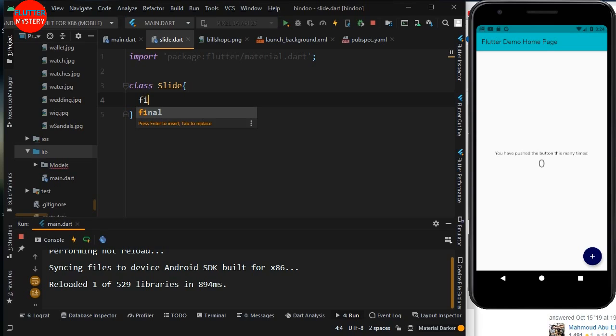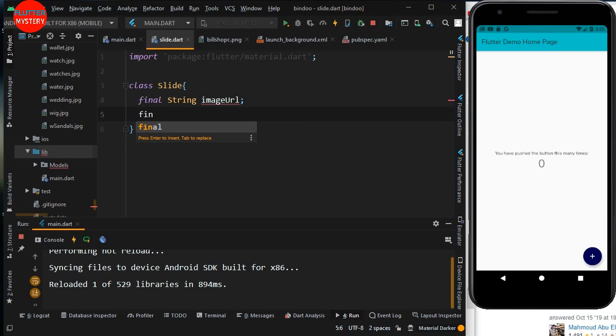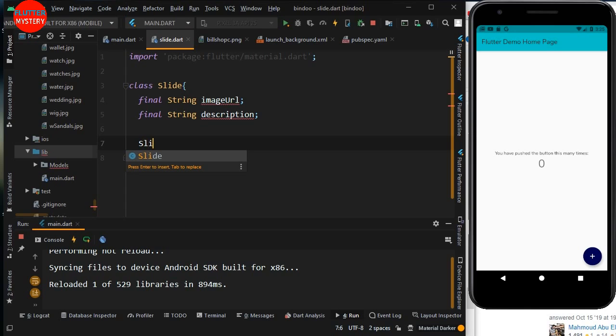Okay, and in it we'll say our final string image URL, and then we will say another final string, which we will call the description string, which is the description, like this. Okay, so from here we call our class again and say slide, like this, and then we